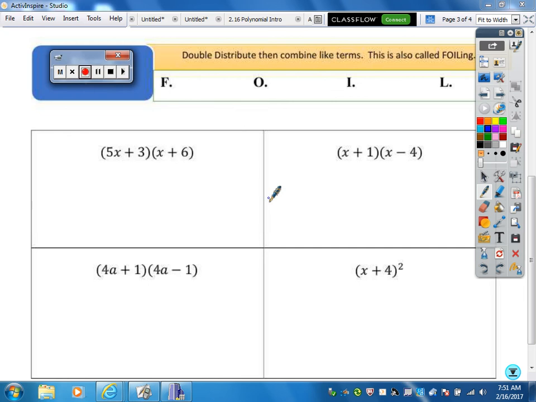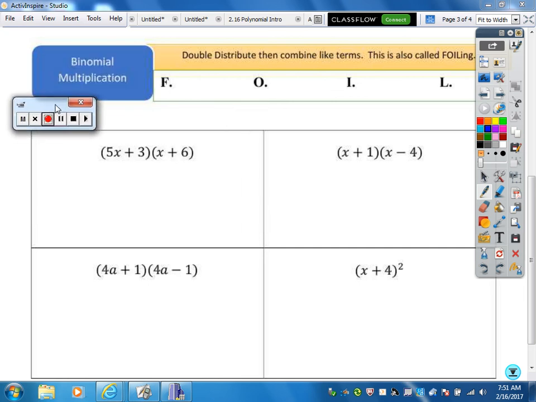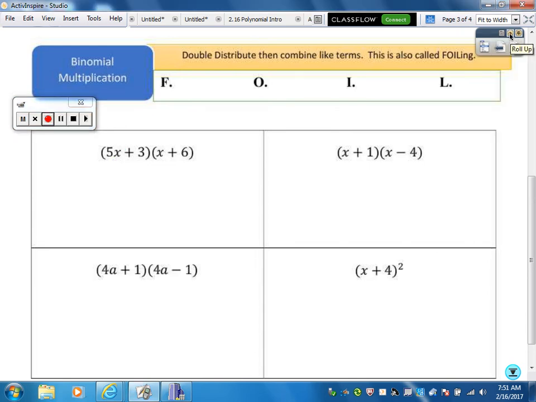Alright, today we are multiplying binomials. Now this is a double distribute, so a binomial has two terms, so we have to distribute two things. Some people call this FOIL, and let me show you why they call it foiling. FOIL is an acronym, it stands for first,